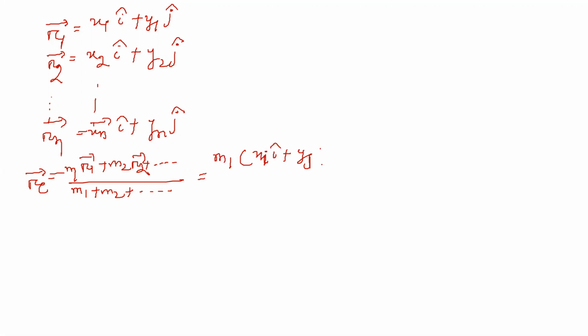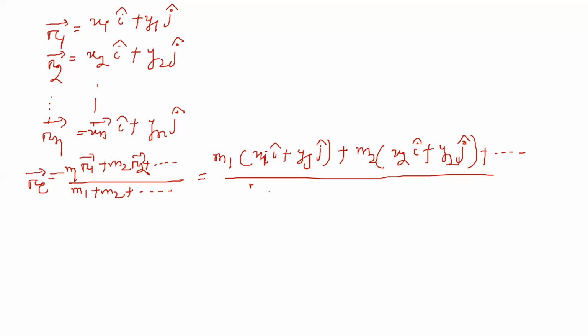Okay. Plus in place of R2, what can I put? x2 i cap plus y2 j cap. Like that it will go on. And in place of M1 and M2, I will write M1 plus M2 plus dot dot dot. And this RC will also have a coordinate, that is xC i cap plus yC j cap,